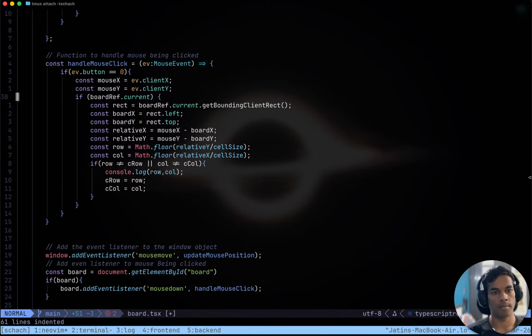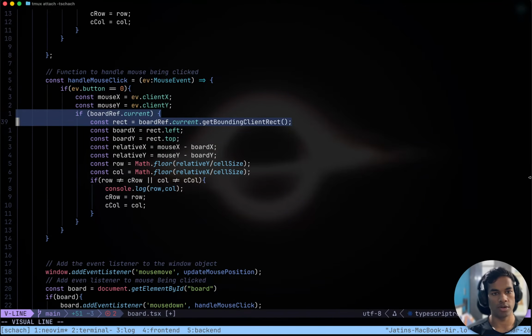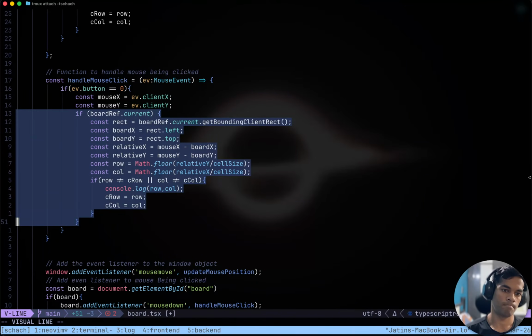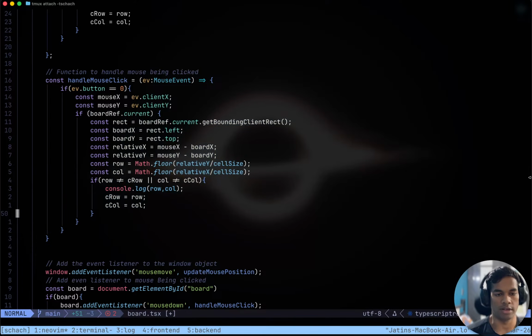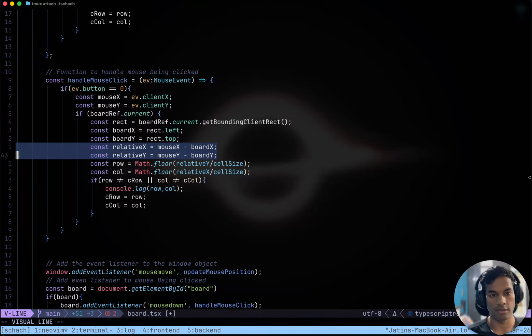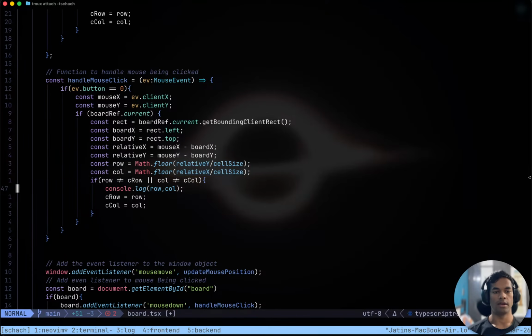handle mouse click. Okay, we'll get the mouse position and board current. Yeah, that's something we have to check. Then board, we will get the board positions, then relative x and y and row.